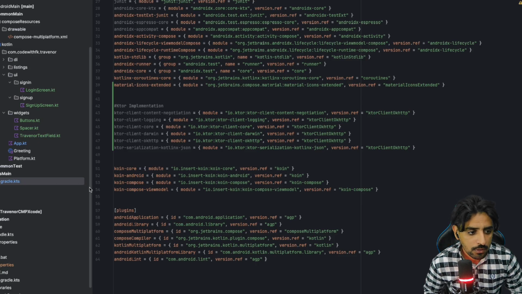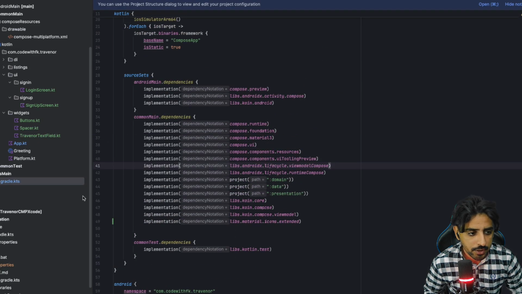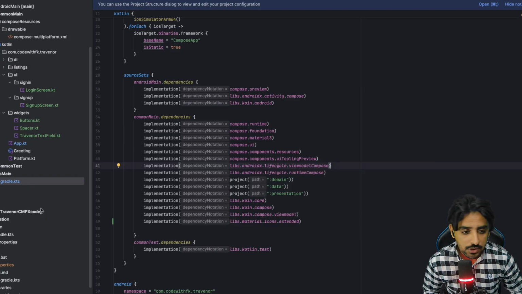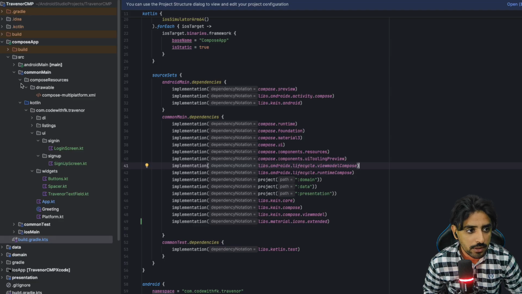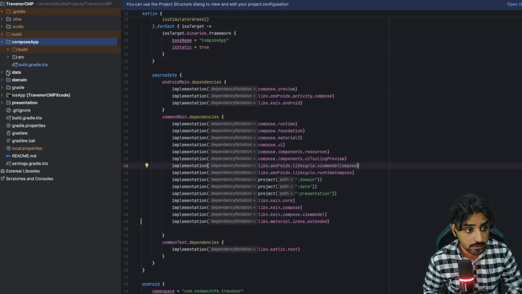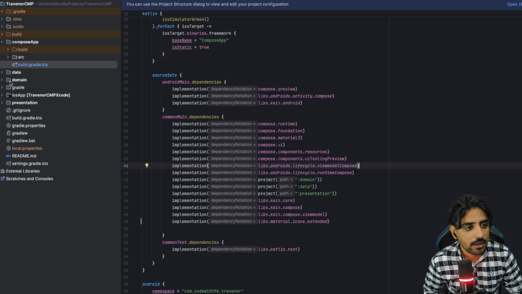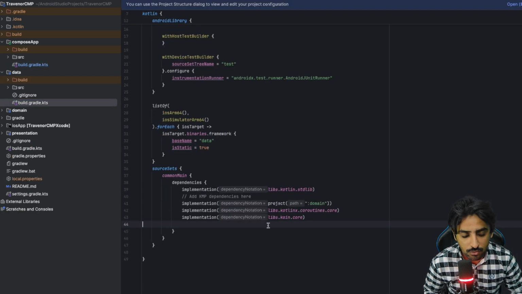Okay, so now you see that we have this implementation done, and there are certain things that we need to do to implement so that we can reuse them. And now this is tricky, this is interesting. Basically what we need to do is implement the backend stuff, and the backend stuff should go to the data section. So basically if you go over here, you see there is just only